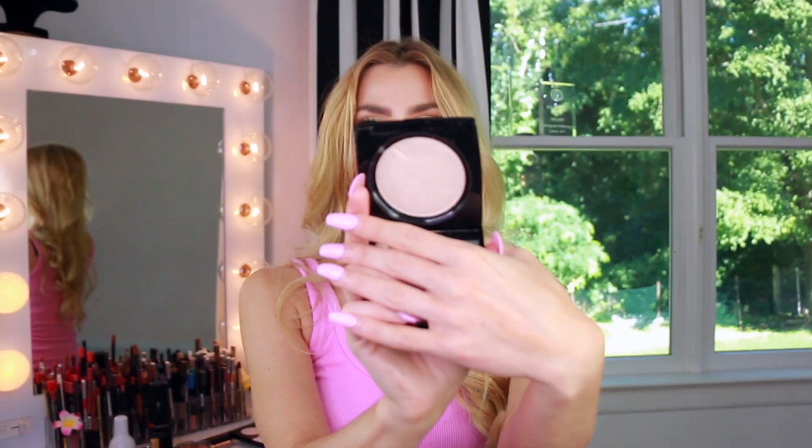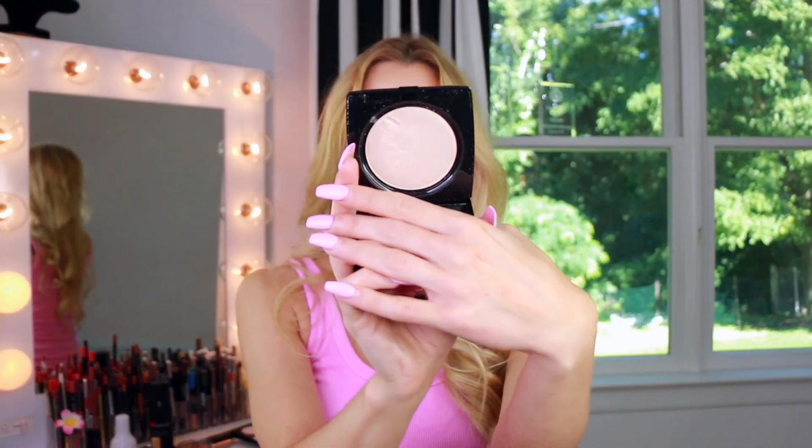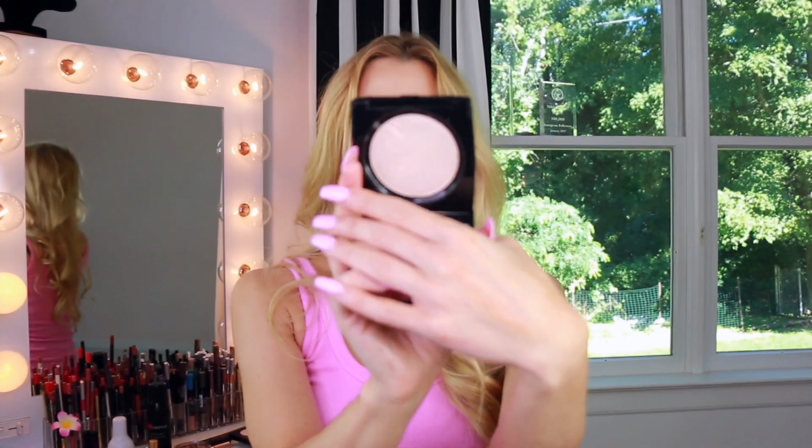Last but not least, we have another highlighter. Can you guys tell what my favorite product of all time is? Highlighter. So this is the Dual Finish Highlighter, and this is from Lancome, and it's kind of a mess. I dug my finger into it, which I was really sad, but this one is in the color Shimmering Buff. They have a bunch of really beautiful colors, but this color is, for my complexion, so beautiful and so intense. And this finish almost feels a little wet, and it gives you that sort of wet look